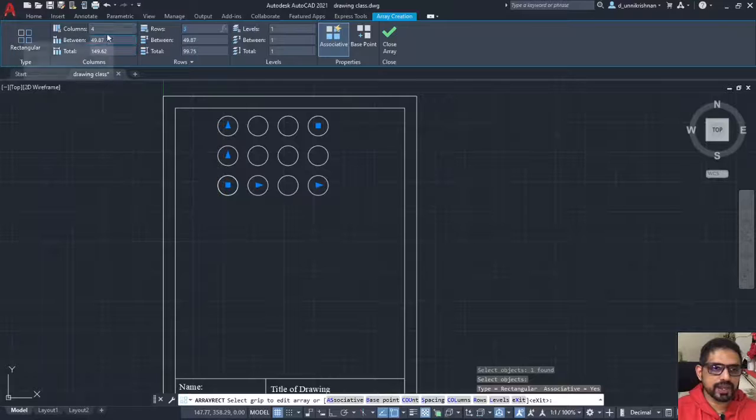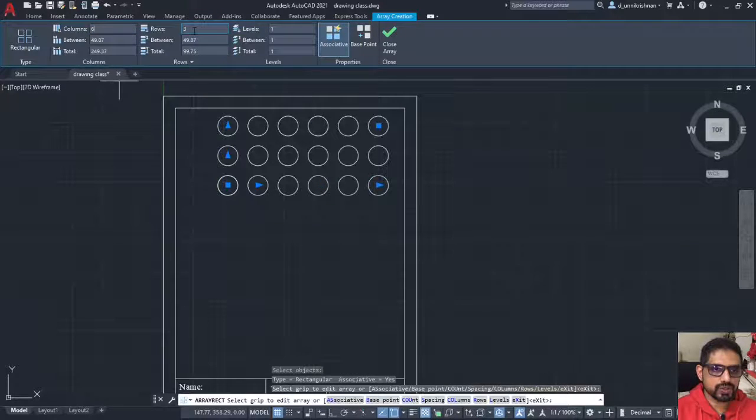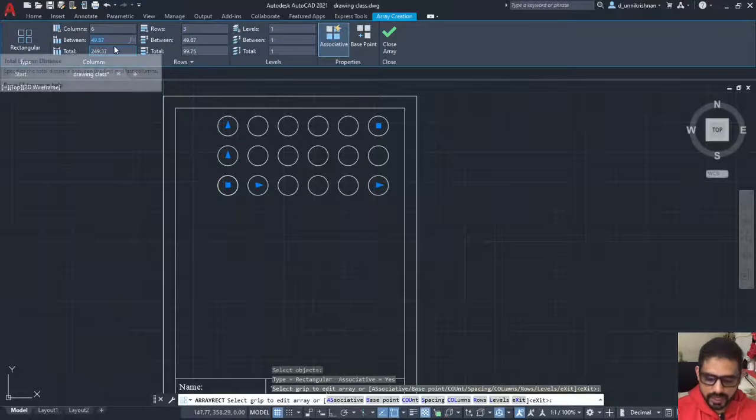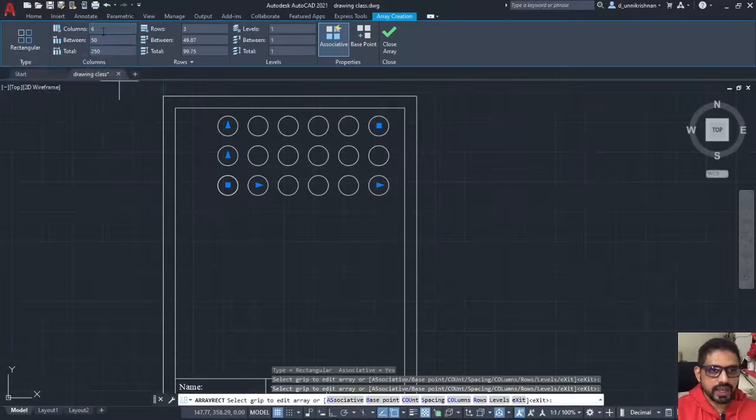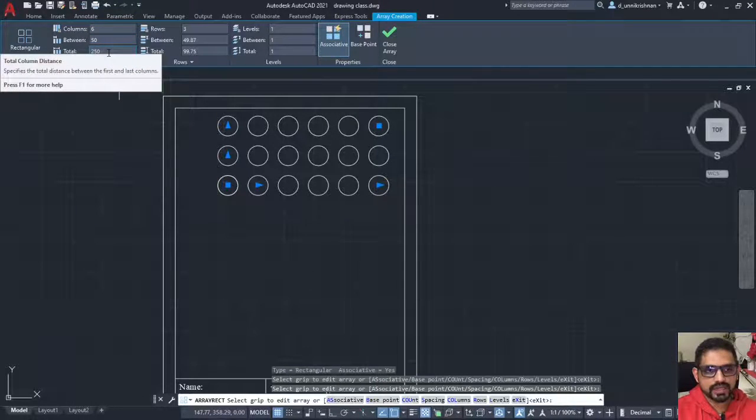Say let me define the number of columns to be, say 6, and the number of rows to be 3 itself. Let me keep it as 3, and the distance between, let me keep it as 50. And as soon as I change it to 50, as you can see here, it has changed to 250.